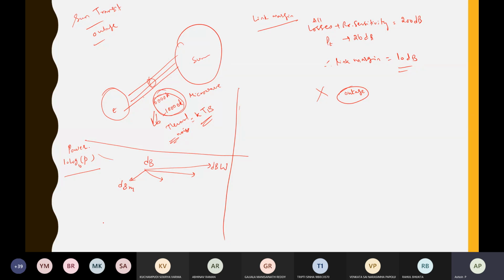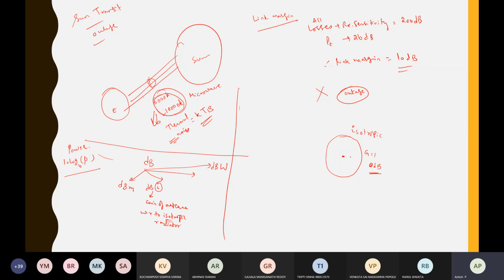But here generally we put only 10 log, because all the units are more or less power units. Then dBi is there. So dBi is the gain of the antenna with respect to an isotropic source, an isotropic radiator. That's why this I has come, because of the isotropic. So the isotropic radiator gain is how much? 1 or 0 dB gain, because it is radiating equally in all directions. Its gain is 1 in normal scale, and in dB scale it is 0 dB.